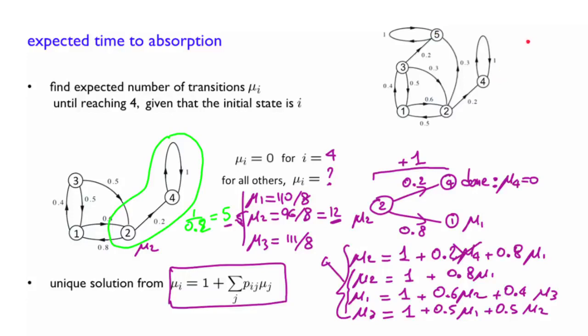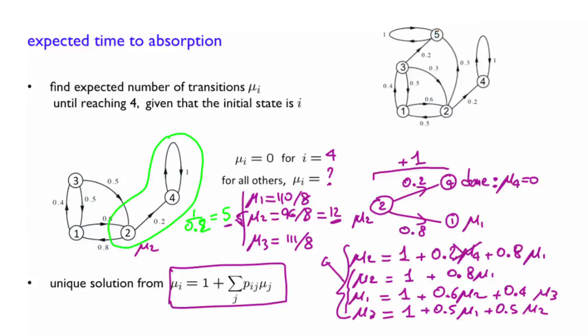What we know is that the probability of ending up in 4 plus the probability of ending up in 5 will be 1, but since the probability of ending up in 4 is not 1, trying to find the expected number of steps until you reach 4 specifically does not make much sense. That expectation, or that random variable, it's a random variable, but that expectation will be infinity. Why? Because there is a positive probability that you will end up in 5, and if you end up in 5, once you get there, the number of steps to go to 4 will be infinity.